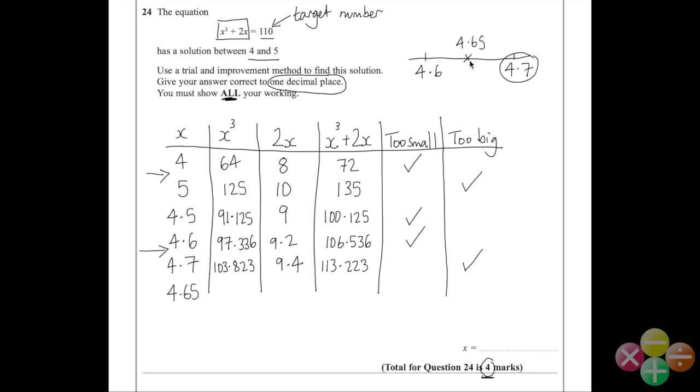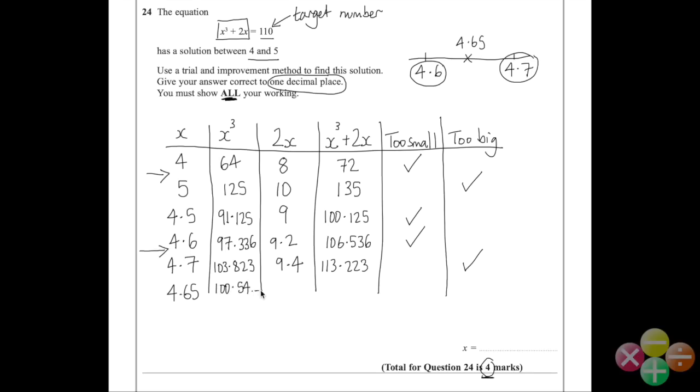If when we put 4.65 into our equation, the value is too big, so it's bigger than 110, then we know that our answer will be 4.6 to 1 decimal place, because the value of x will actually lie somewhere between 4.6 and 4.65. So let's put this through our equation and see what we get. So when we cube 4.65, we get